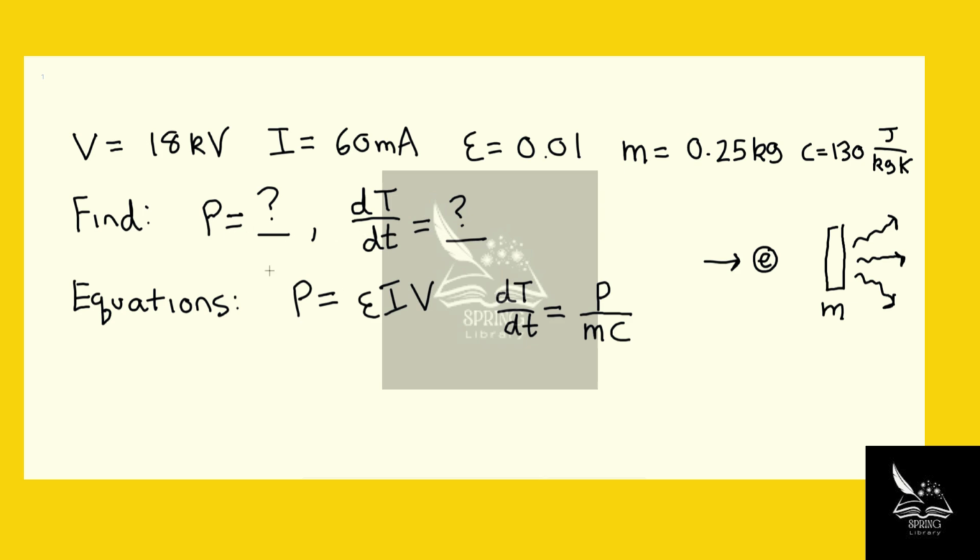We know that only 1% of the tube's energy is going into these X-rays per second, but we need to find what that power actually is. We also need to find, and this is the slightly more complicated question, the rate of change of temperature for this target if it's being supplied with this energy and it has these material properties, M and C. So the equations we're going to use, the first one should be familiar to you. It's the power, which we can get